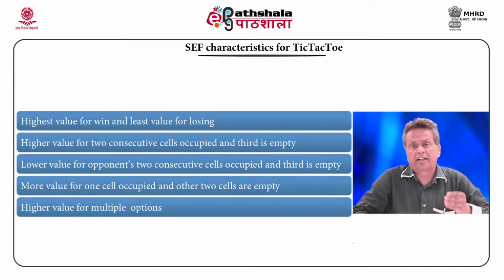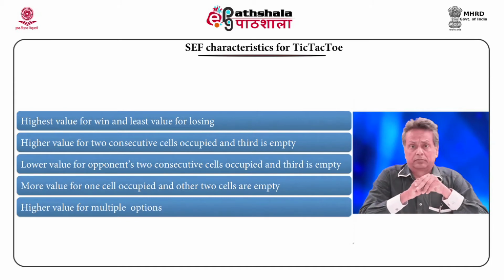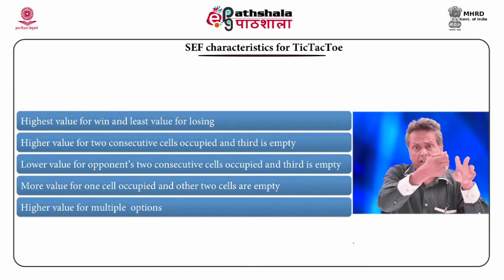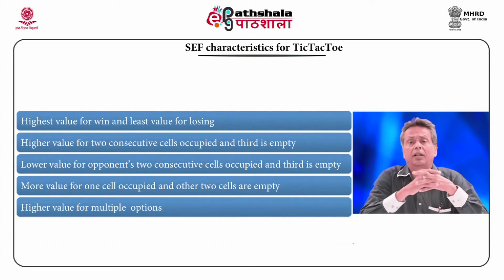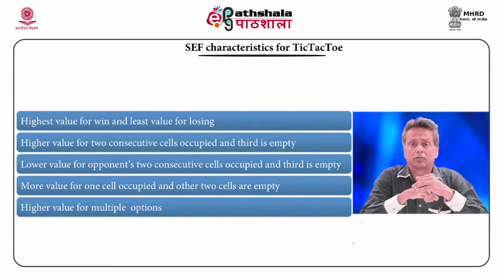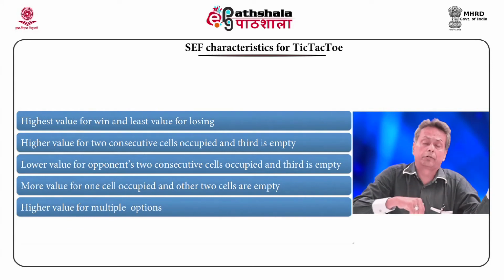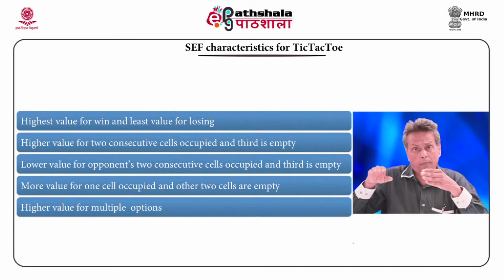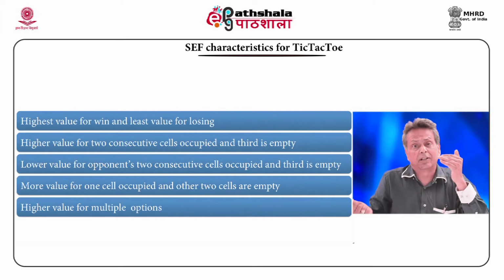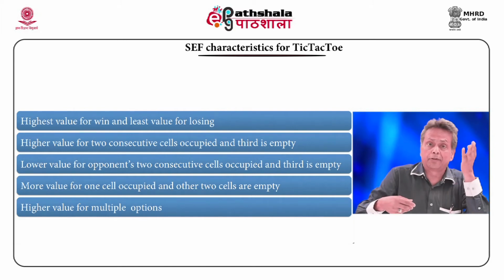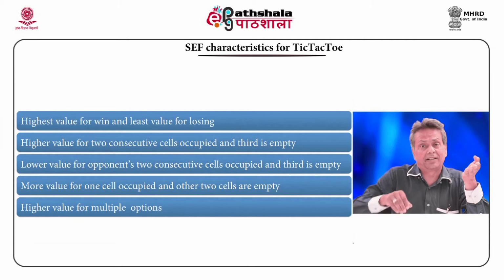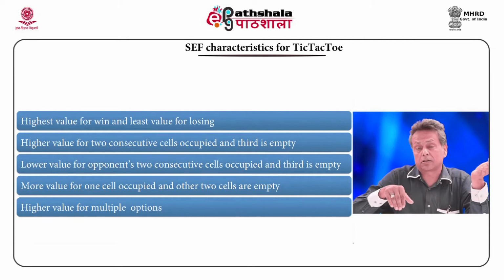For example, if I have 2 consecutive cells occupied and the third one is empty, it's a very good thing. I can just play the next move there and I'll win. So it's also a very good state, and that should have a higher heuristic value. If the opponent has 2 consecutive cells occupied and the third cell is empty, it's a very low value, almost defeat. Similarly, if you have 1 cell occupied and the next 2 are empty, that is a good state to have